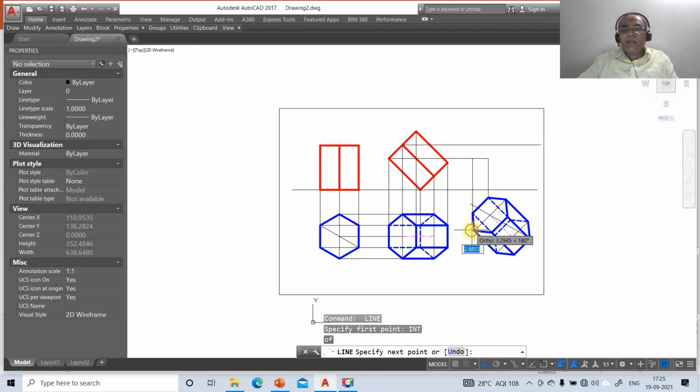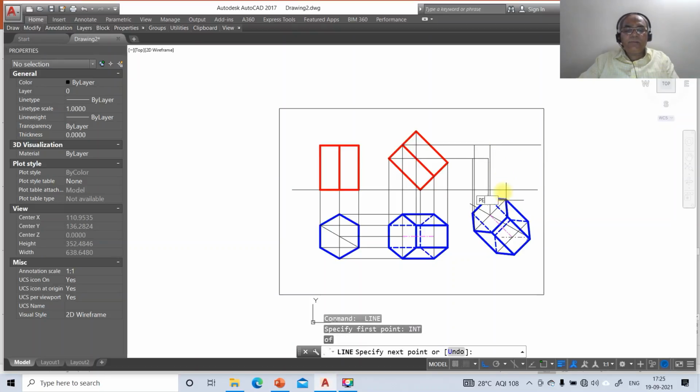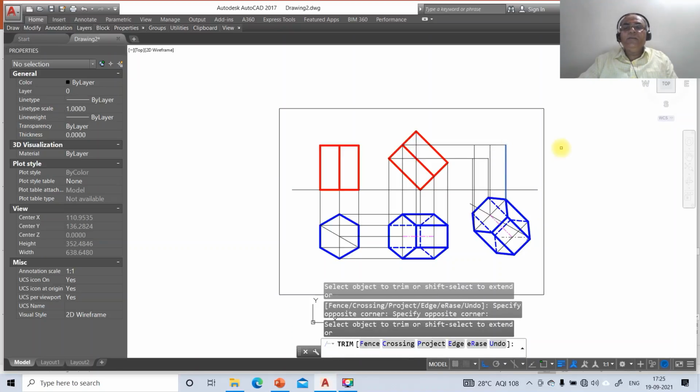Similarly from here you take the intersection point of this and draw perpendicular to this, then go to line, take int of this and draw perpendicular to this line. Similarly then go to line, take int of this and draw perpendicular to this line. Then go to trim, select this as the cutting edge and object to trim as this.